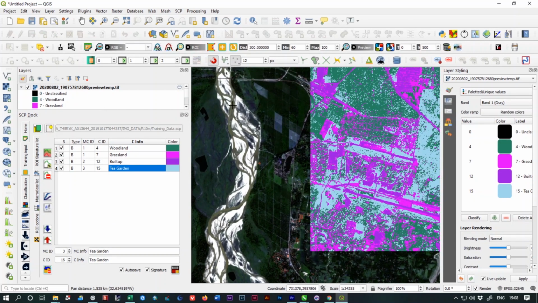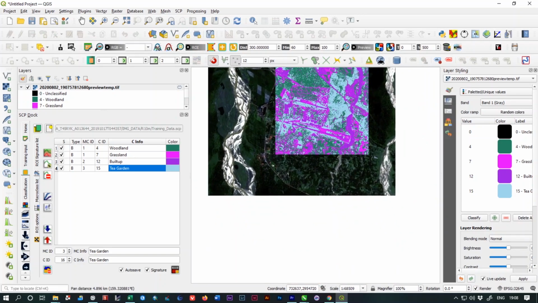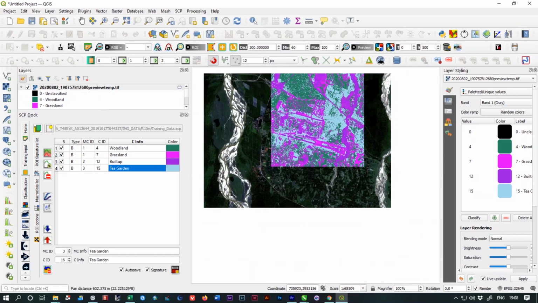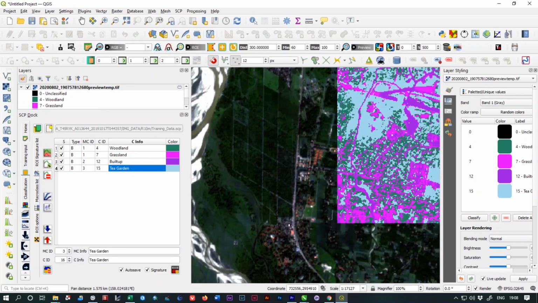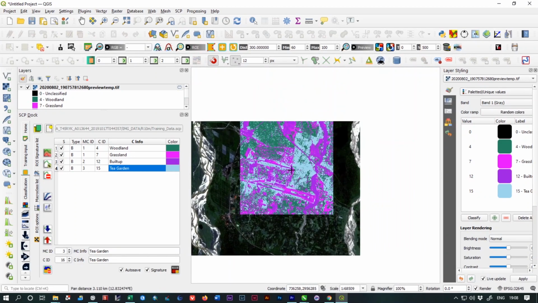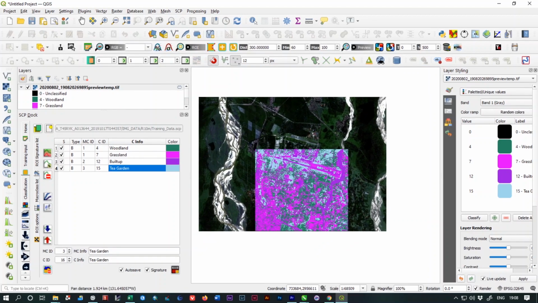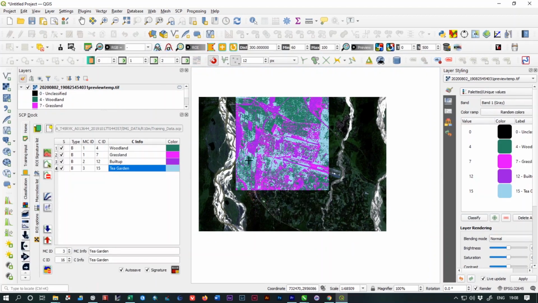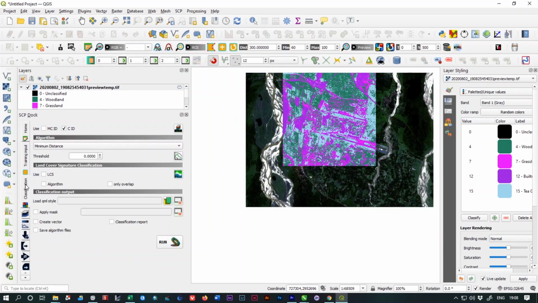Now we have to assign the river beds and other ROI values, so that it will present a very good classified image to use in any type of project. So for the learning purpose, we are going to export the final classified image by using this classification menu.